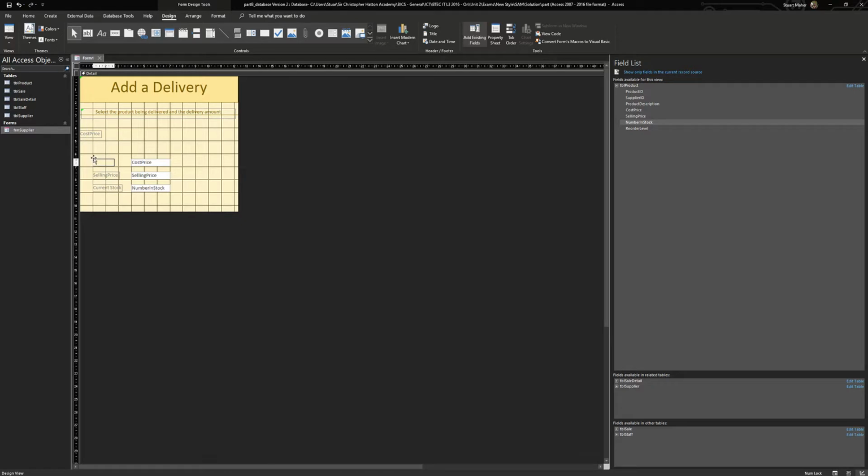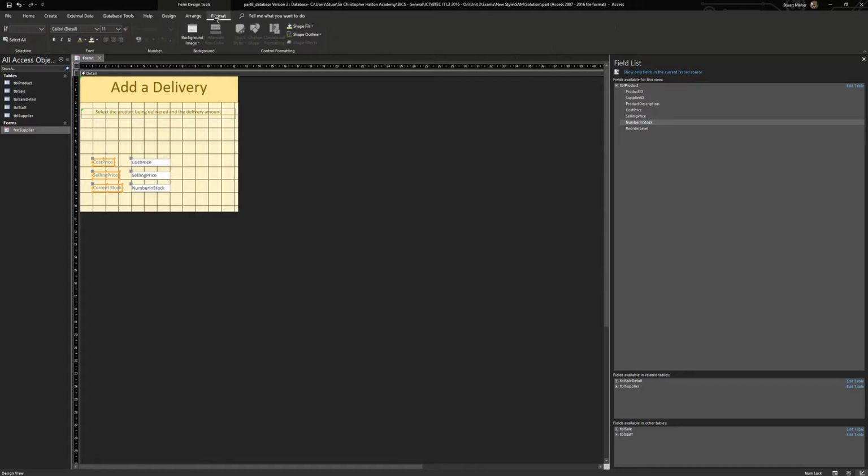So, right, these three I'm going to get rid of the box, well not get rid of the box, but get rid of the outline, so make it transparent. I'm not going to give it a fill. Now these three